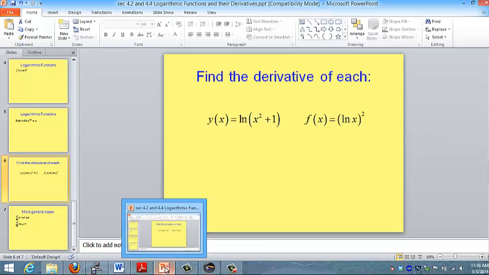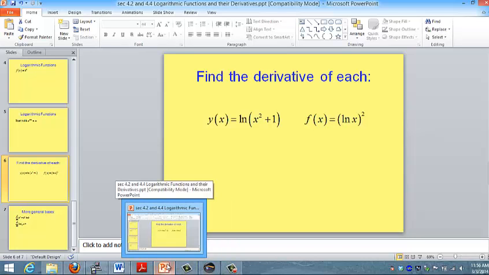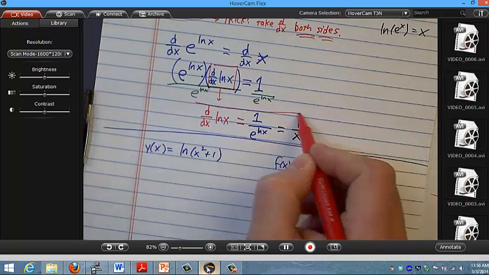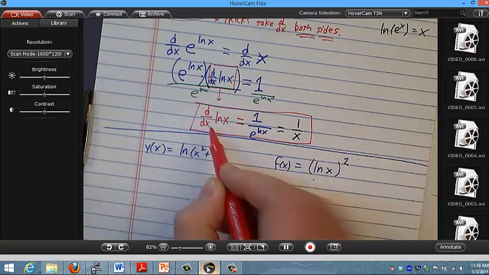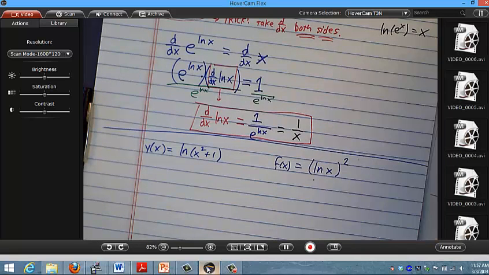I mean, you have to understand something about the calculus in this chapter. In some ways, there's just not that much new stuff. You could argue that the only new fact I gave you so far today was this: that the derivative of natural log of x is 1 over x. You could argue that's the only thing new we've learned. Well, let's use that